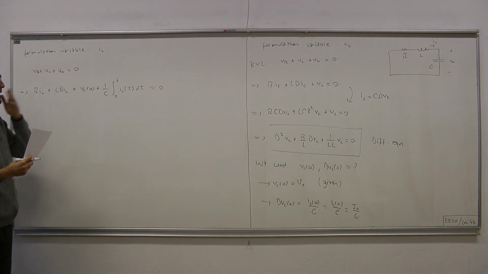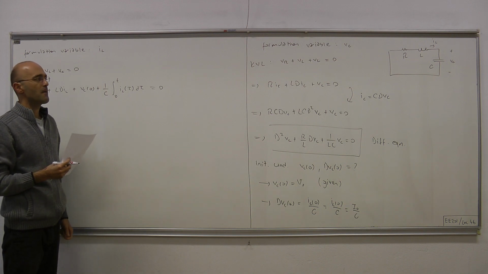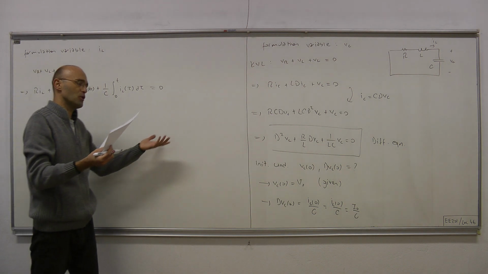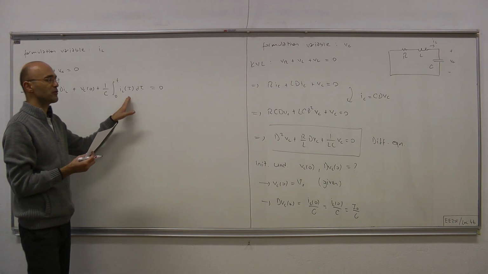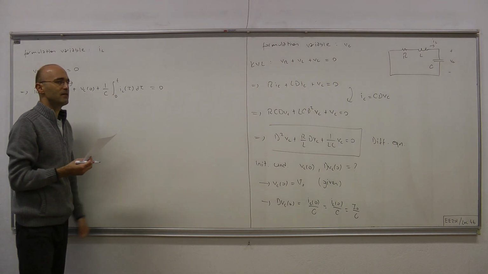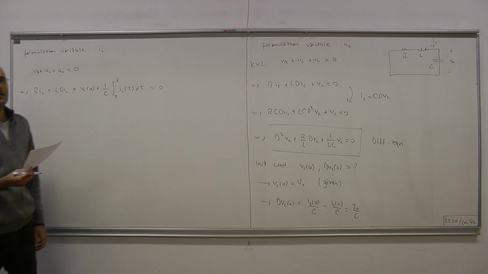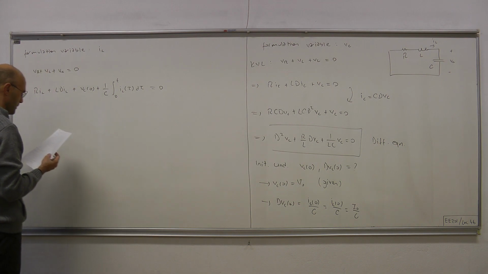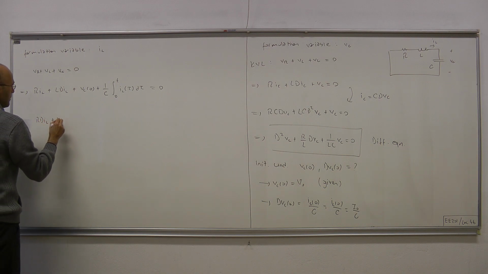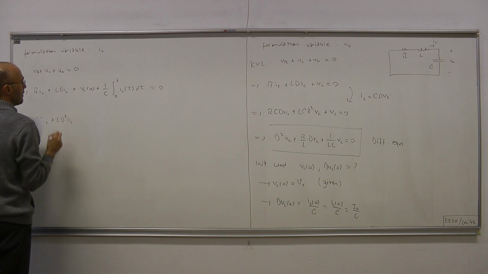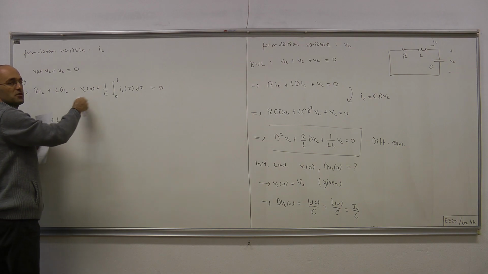Note that this is constant, and we don't want any integrals in our differential equation, because it won't be a differential equation in that case. So let's get rid of that constant and that integral, and we can easily do that by differentiating both sides. Okay. So that implies R dIL plus L d squared IL, and then we differentiate, this constant disappears,